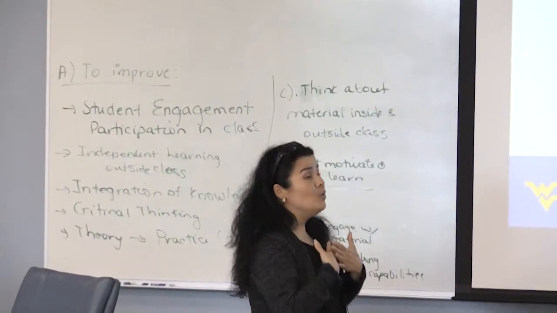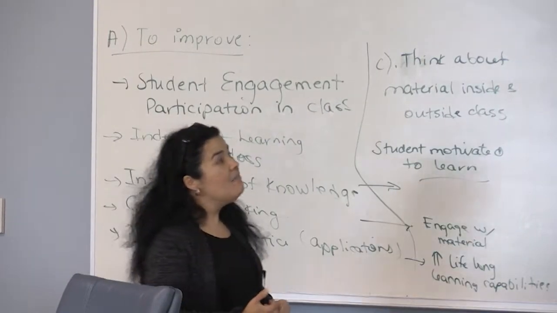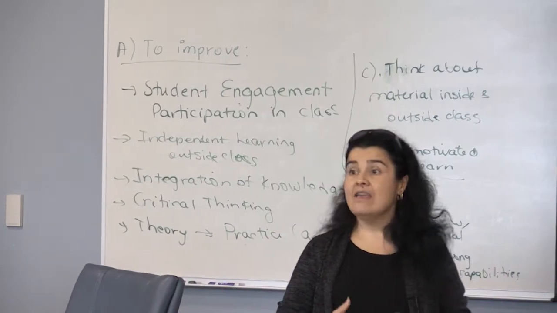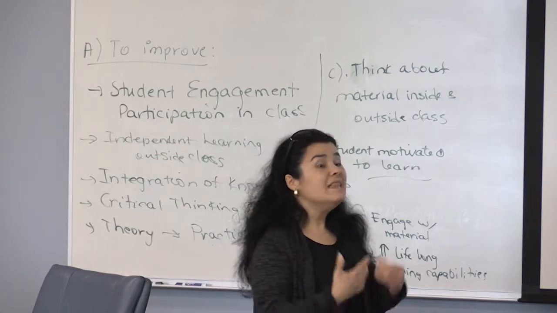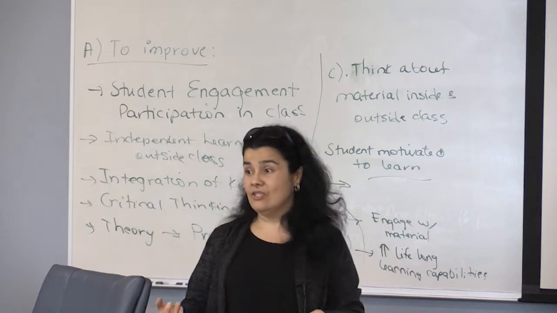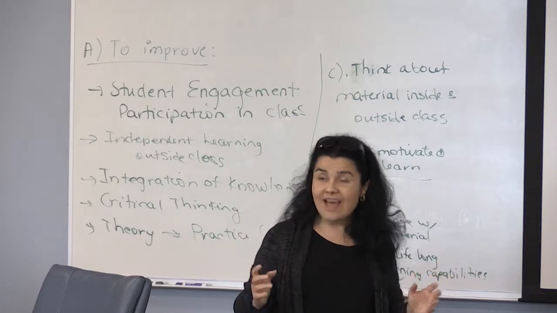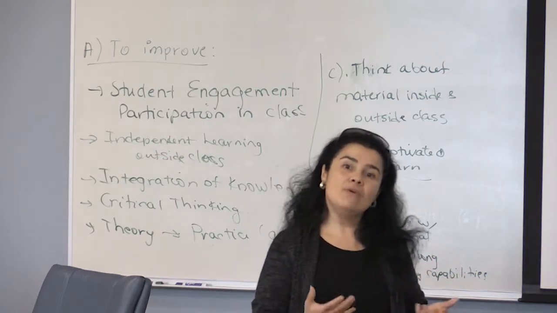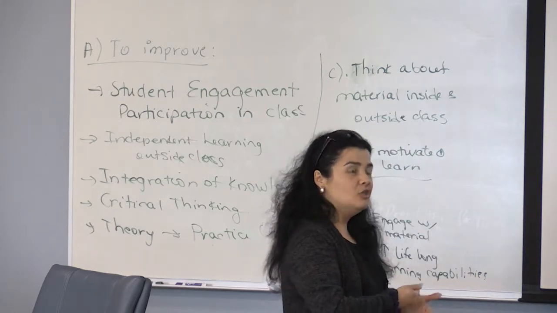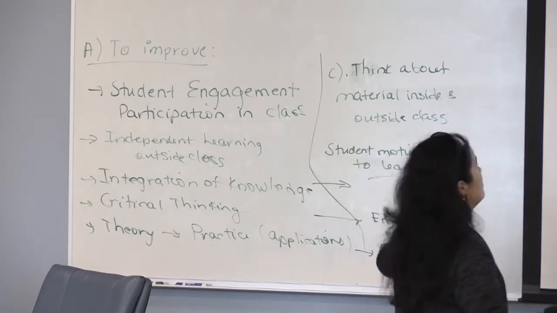I will tell you that I do care about critical thinking skills, so I was really happy when I saw this one here, okay? I do care about retention in general. I care about my students that are failing in math. I care about why they are failing in math. These are things that come from observation inside my classroom or while I'm advising students. So you have to think a little bit about what you observe within the context, and we keep saying the same thing, and figure out what is truly important, okay? Which are the things that you think are truly meaningful and can affect what you want to study, okay?